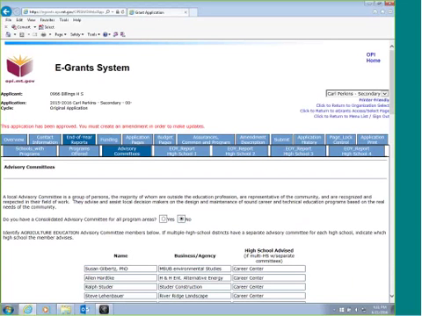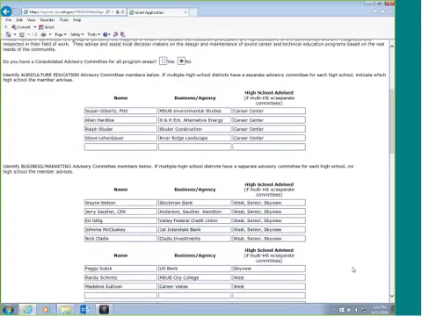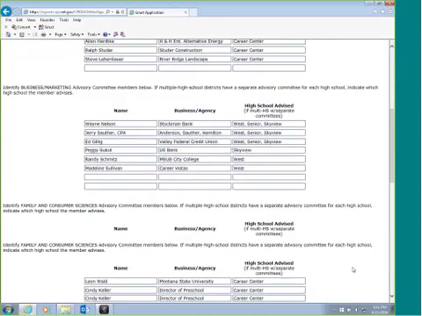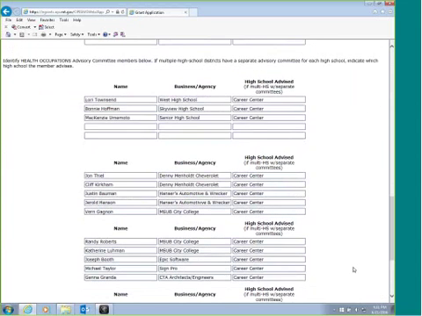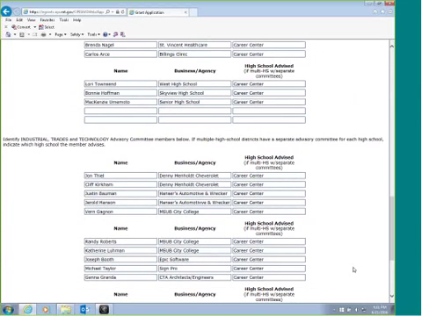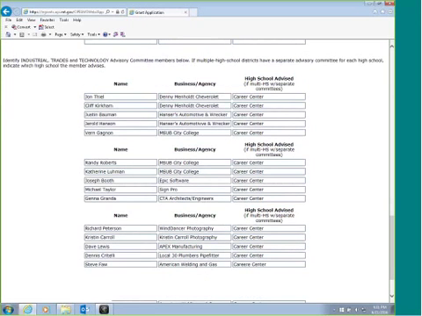In the larger schools, you probably need to have separate advisory committees to look at your Ag Ed program, your business program, Family Consumer Science, Health Occupations, and Industrial Trades and Technology. One of the things I'd like you to take note of is that under business and industry, for instance here in Industrial Trades and Technology,